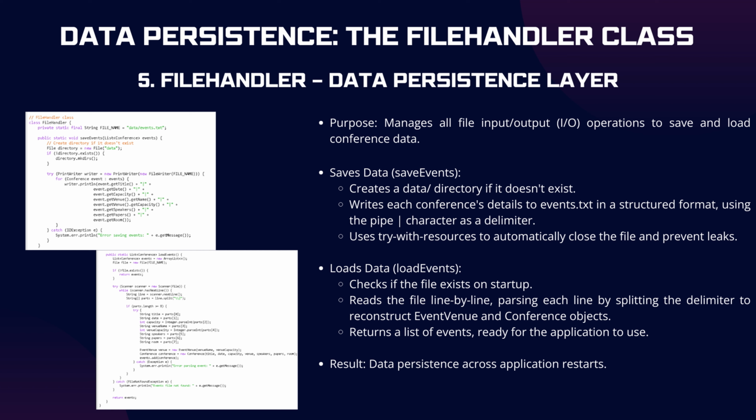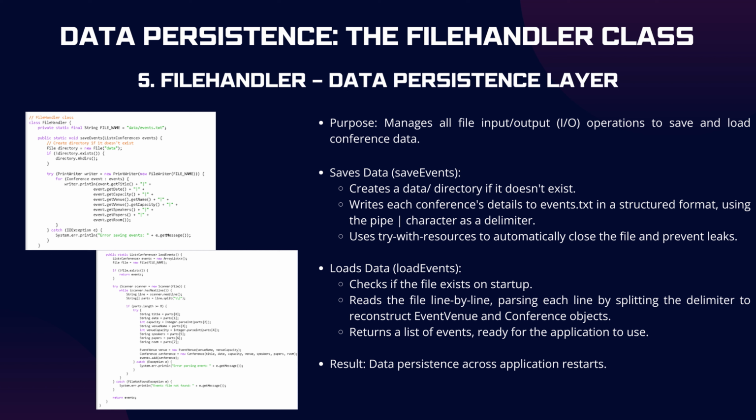This method takes a list of conference objects. It first checks if a data directory exists. If not, it creates it. Then, using a print writer, it loops through each conference. For each one, it takes key details like the title, date, and venue information and writes them to a file